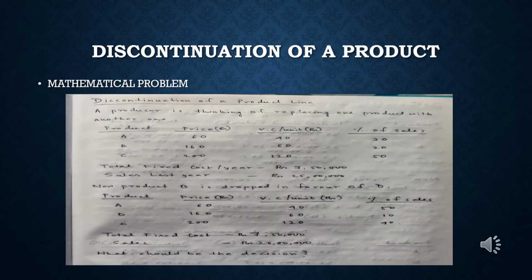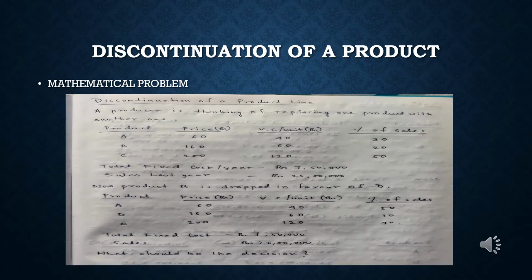Here, through this particular PPT, we will go through a number of decisions that the organization needs to take every single day. Talking about the first decision, the organization needs to decide either to continue or to discontinue a particular product. If you look at this particular problem, the mathematical problem of discontinuation of a product line, you will see that what has been said in the sum is that the organization is trying to find out a replacement product for the older one. Here we have the products given to us as A, B and C,